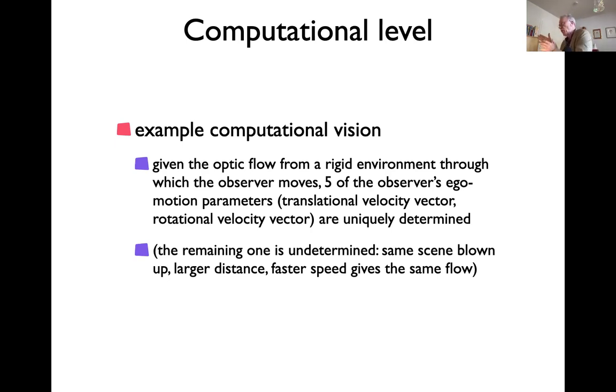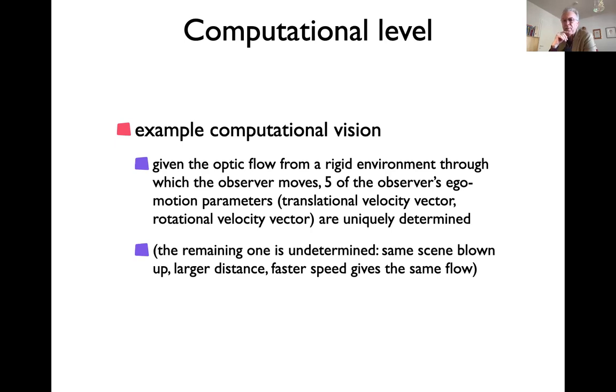You have an intuition. If you move left, right, the visual array moves on your retina, and you could maybe estimate your rotation speed from just that, without actually knowing the details of these surfaces, just that they're rigid. And it turns out mathematically, you can prove that you can determine 5 of the 6 parameters given the optic flow, and not knowing anything about the layout, just knowing that it's rigid. That's a mathematical thing that you can prove.